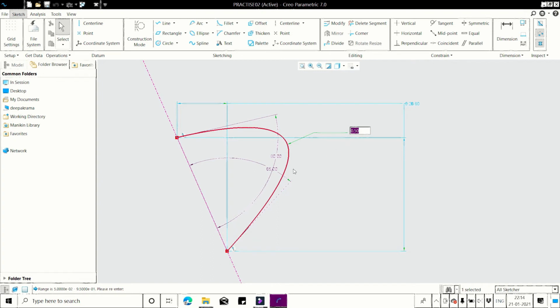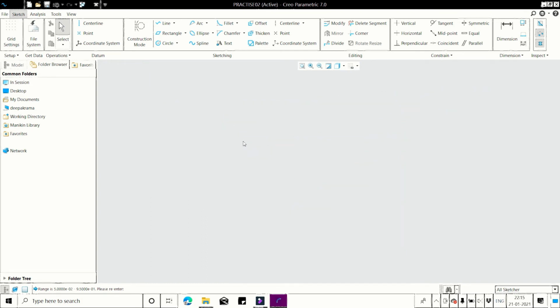It is a fixed one. If you give the 2 angles, then the rho will be fixed. So all 5 options we have seen. Next option is the ellipse.